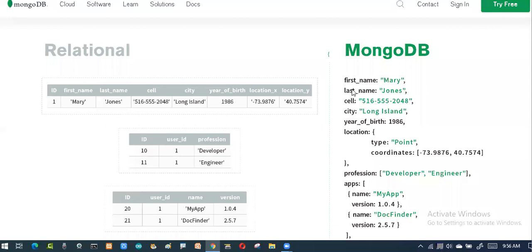So first name, last name, cell, city, and we have values, separated by commas. Nowadays this is the fashion, and we are creating a lot of things this way. That means those who are not going to use any software and just want to work within a database can create a database from a file. So I will have data like this, with properties and values.